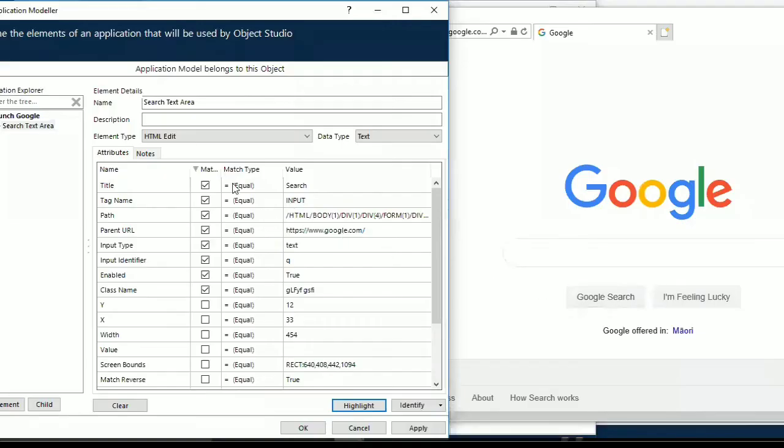There might be some cases where you need to adjust the parameters. You don't have any hard and fast rule for adjusting the parameters. Just make sure that if any one of the parameters is changing dynamically every time the page opens, you uncheck it so that it will not have any issues the next time it opens, because it cannot have the same attributes as in the previous session.